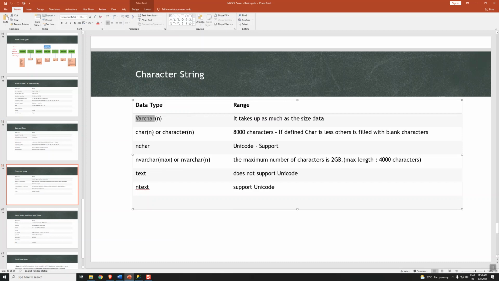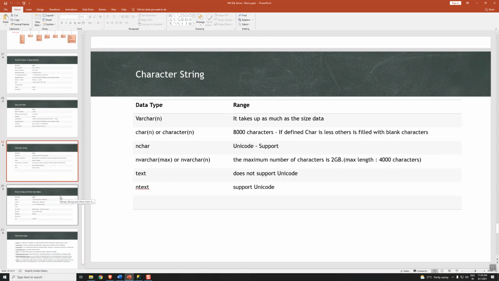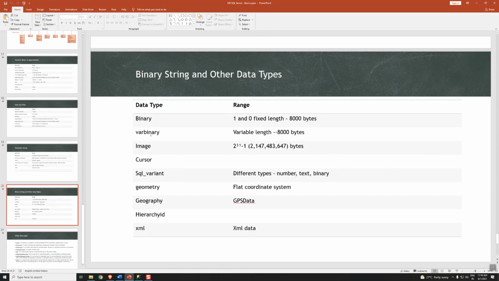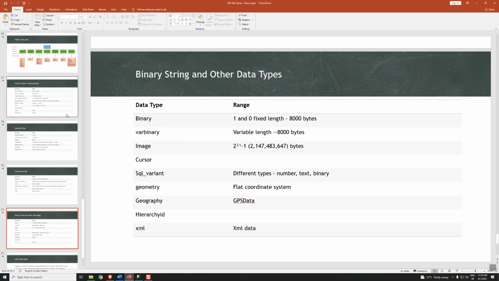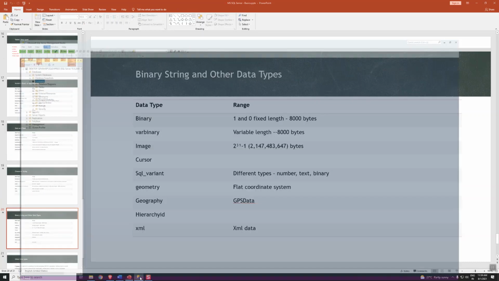For strings, we use varchar characters. Text is for description columns, where we have more text to add into those columns. And binary, varbinary, image, cursor are all advanced data types which we use sometimes. I'll be showing them when we use this type of columns. As a basic explanation in this video, I'm going to show you the basic data types which we use most frequently. So let's start with